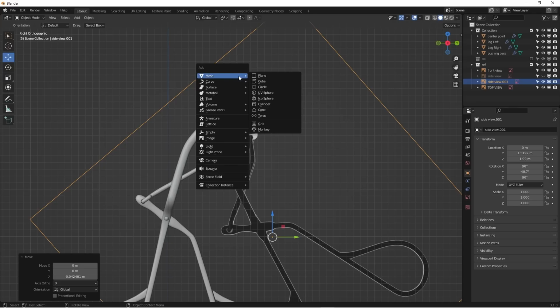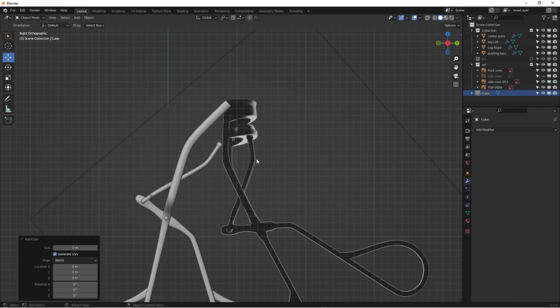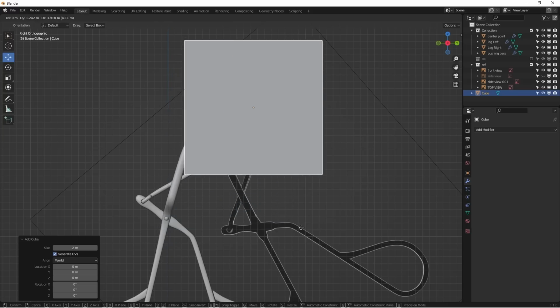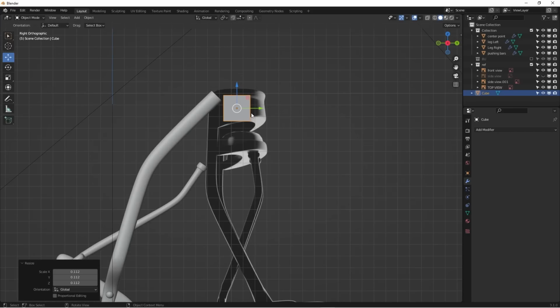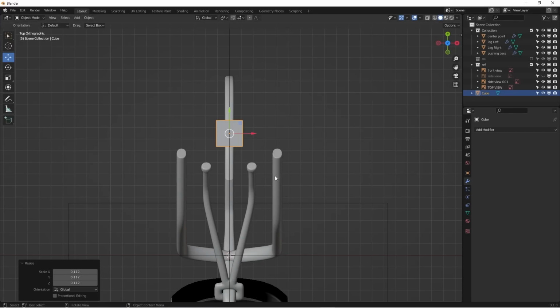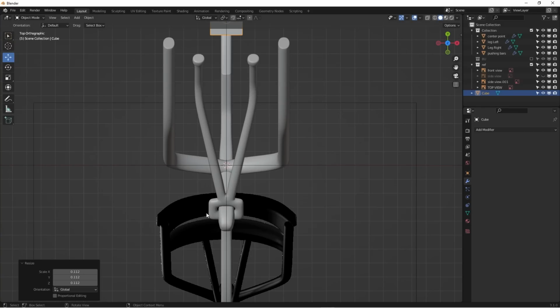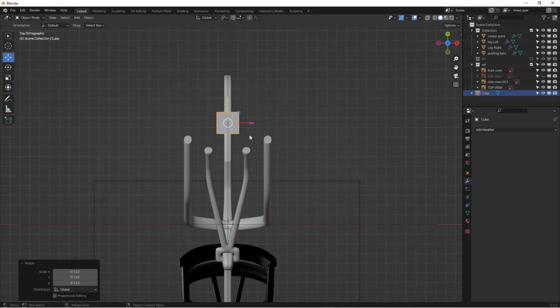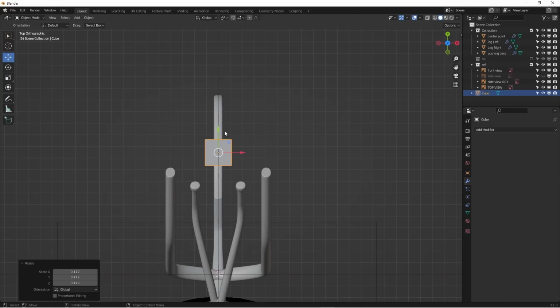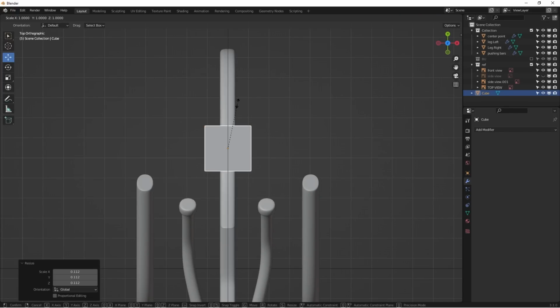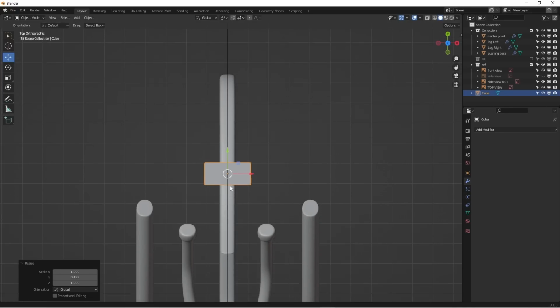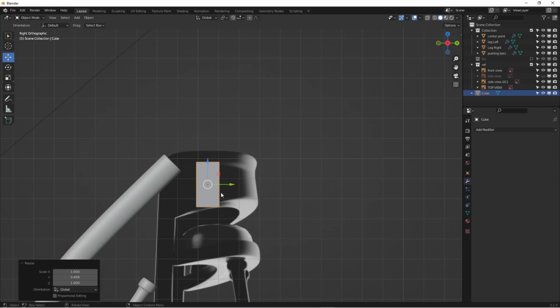And Shift A to add a mesh. I'm going to start with the cube again, hit G to grab it up here, hit S to shrink it down. And also from the reference image, I don't see too much about this thickness, because from the top view you don't see too much content, and also you don't see the thickness. So I'm just going to judge that accordingly. Okay. All right, so I'm going to hit S and Y to shrink it down a little bit, and let's see, grab it over here,